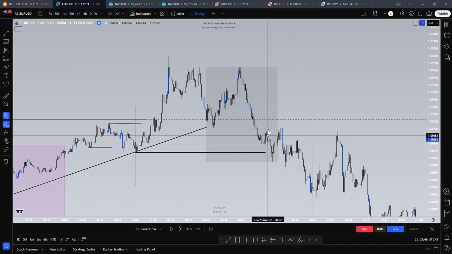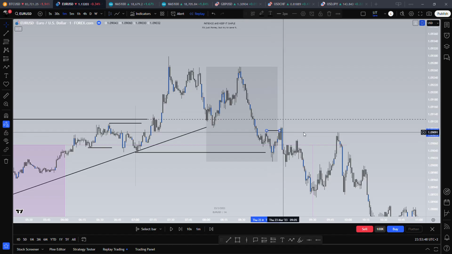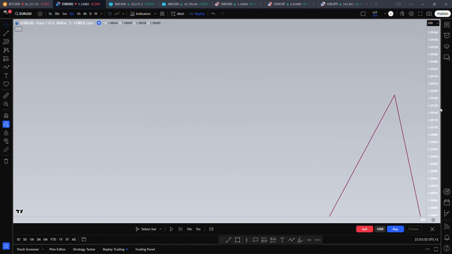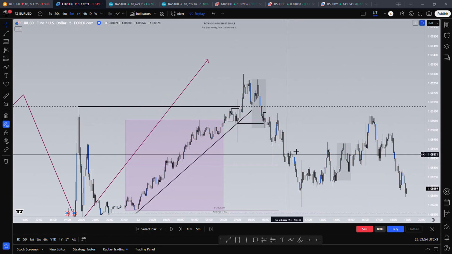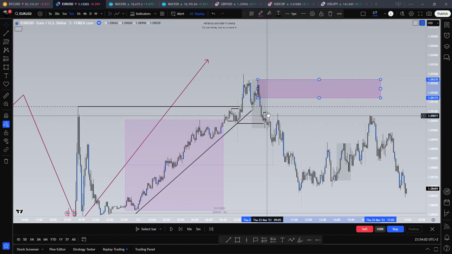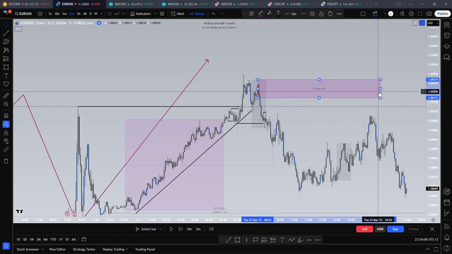But now I usually wait for my POI to be mitigated, so we have no entry here, but I have to study that. I'm just waiting for my perfect entries,